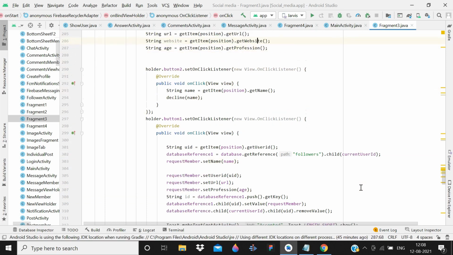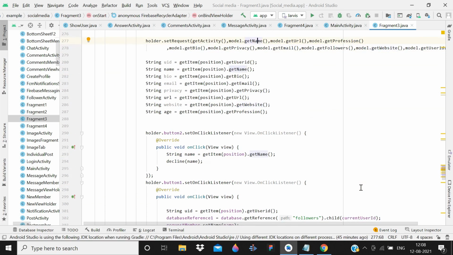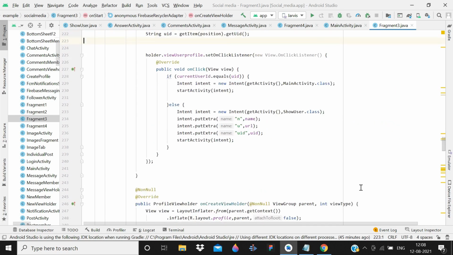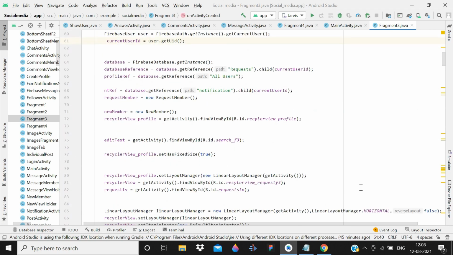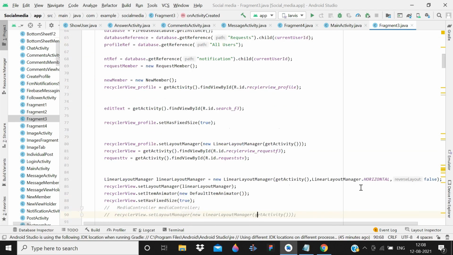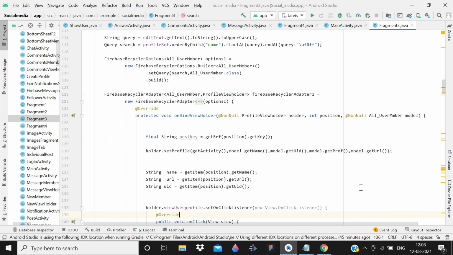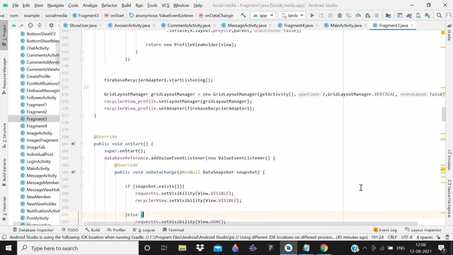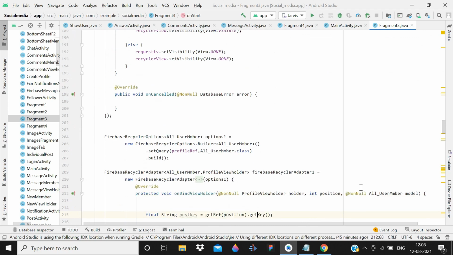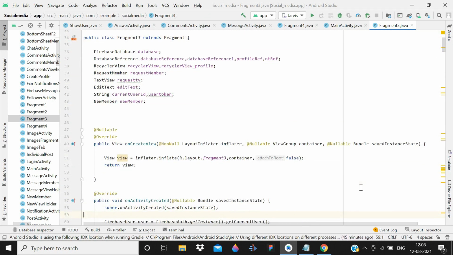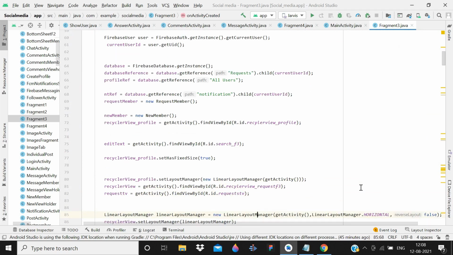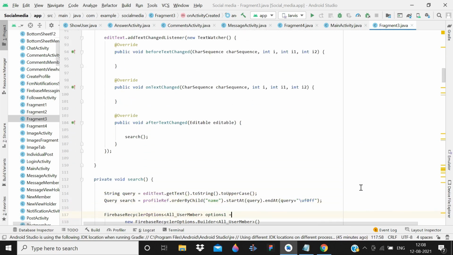So let me check where we are retrieving that name string. You know, we are having a lot of strings and a lot of data, so it's sometimes really complicated to implement all these things. We are not retrieving any data from the previous activity, I guess, nope, we are not retrieving any data.